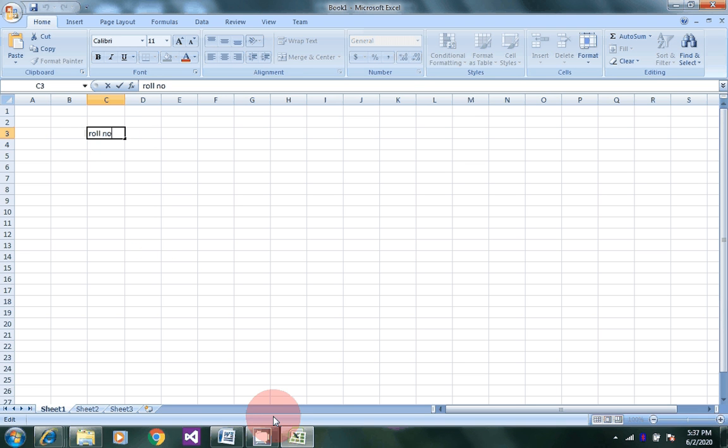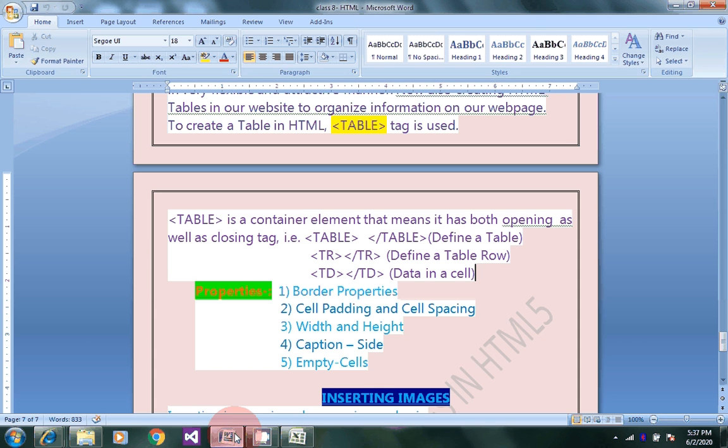Now, the syntax of this cell padding, you can also see in your book: top padding, right padding, bottom padding, left padding in px, that is in pixel, in centimeter or in percentage.